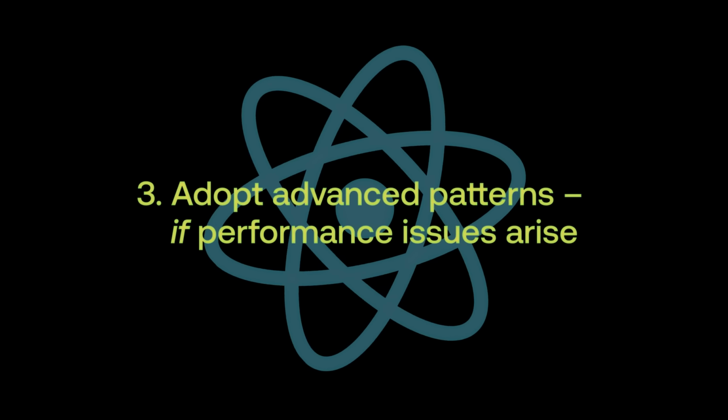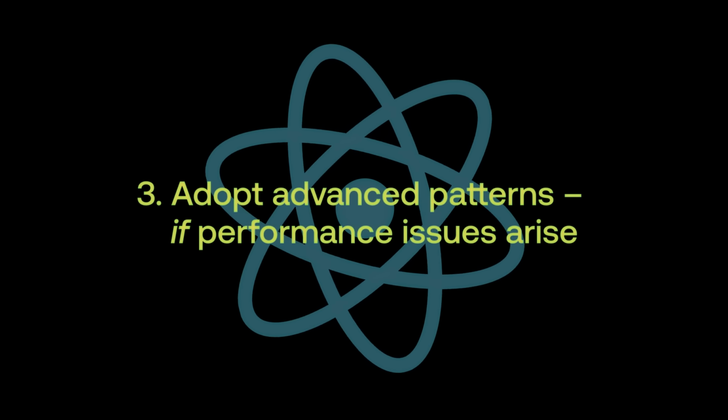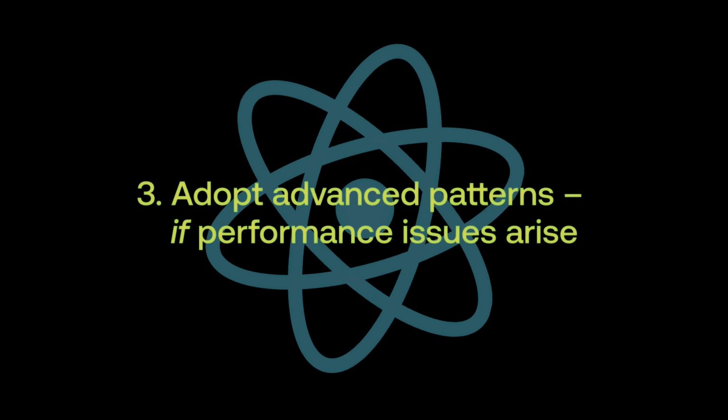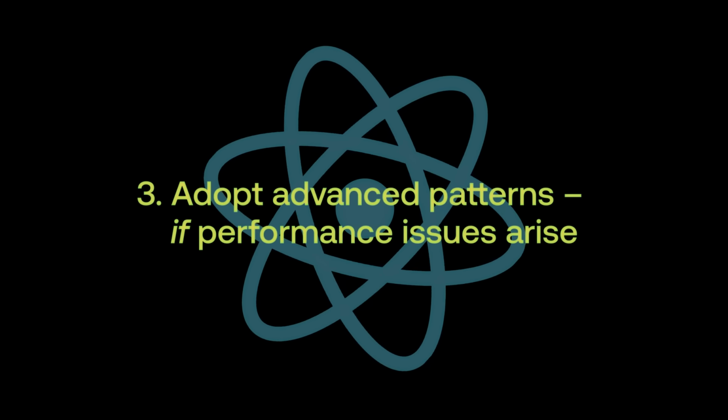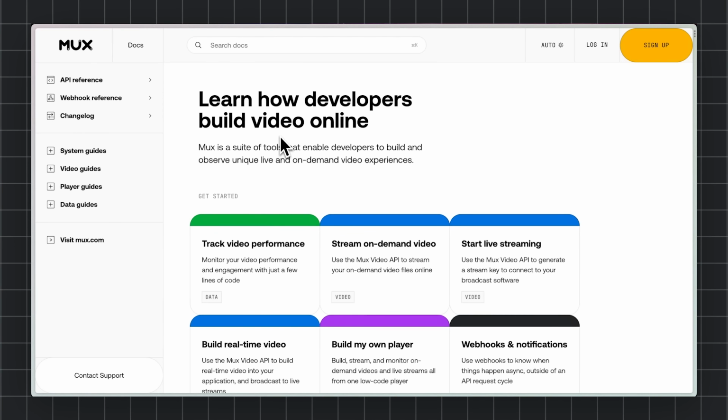If you notice a place in your app that's slow, maybe from a big bundle or a slow data call, then leaning into more advanced server component features might be for you. For example, when we migrated our docs, we leaned on 2 patterns to unlock deeper gains. The first was wrapping key server components in suspense to enable streaming of slow data fetches.